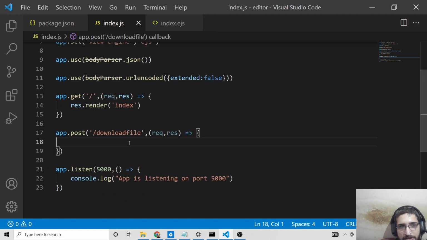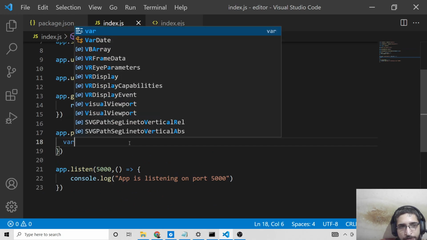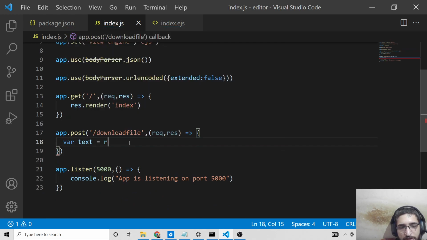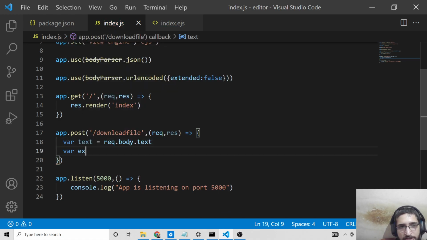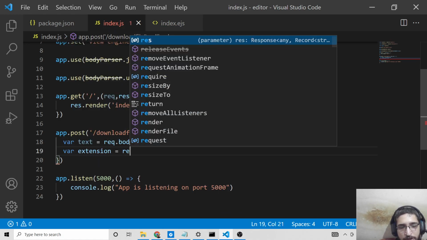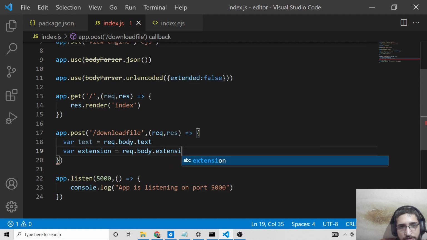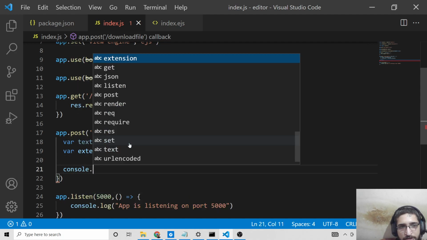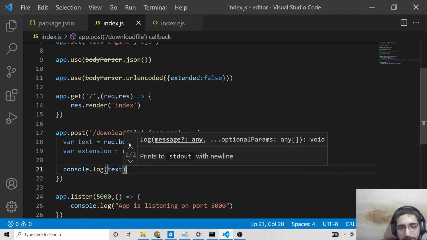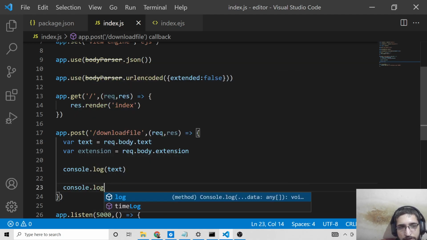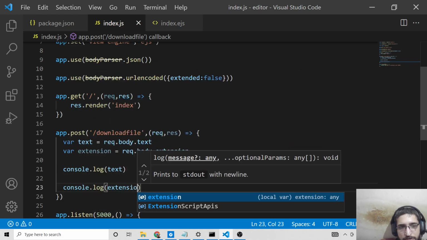Now we can get the form variables. So first we will print out the text, which will be request.body.text, and also the extension, request.body.extension. We can console log it, console log text, and console log extension.